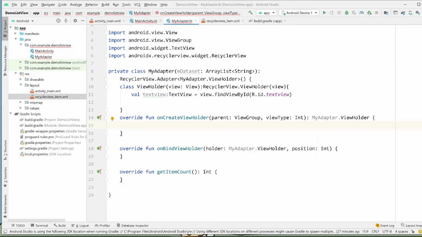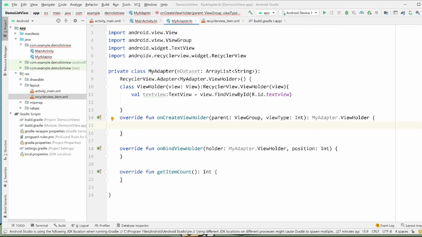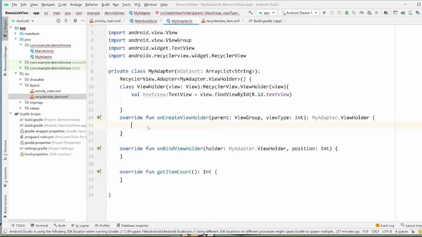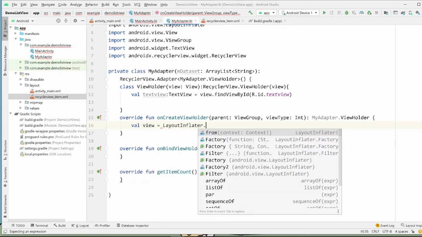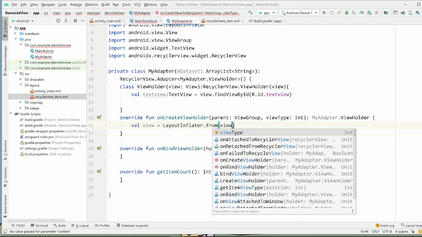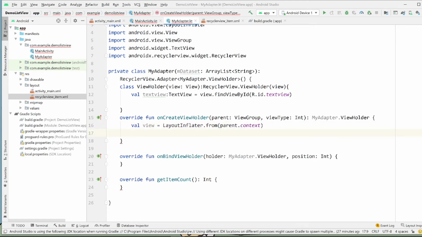So inside the view holder, we correspond whatever component is inside of it to the recycler view. But inside onCreateViewHolder, we're going to correspond the whole layout to the recycler view. We achieve that with something called a layout inflater.